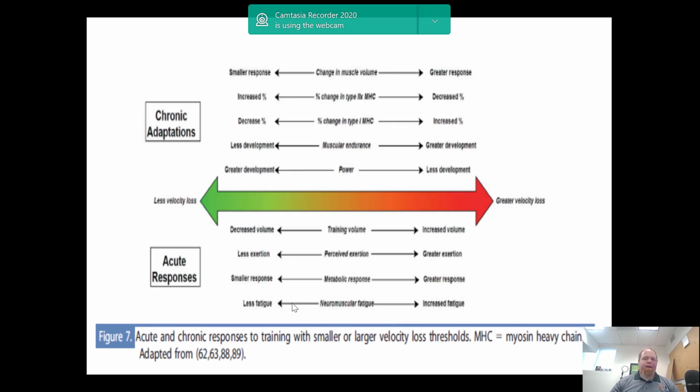Now we're seeing chronic adaptations versus acute responses. What are you trying to do? Is it acute or is it chronic? And we could see that, do you want to use less velocity loss or greater velocity loss? So for changes in muscle volume, if I have more velocity loss, I'm going to have a greater response in my muscle volume. If I use less velocity loss, I'm going to be seeing smaller adaptations in hypertrophy. Now, that's okay, and it could be